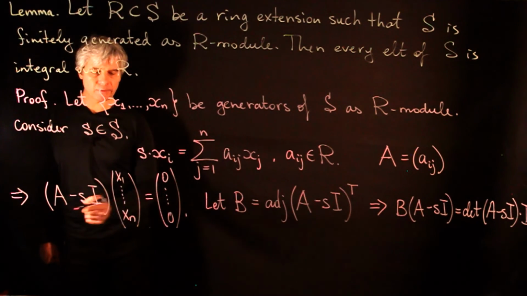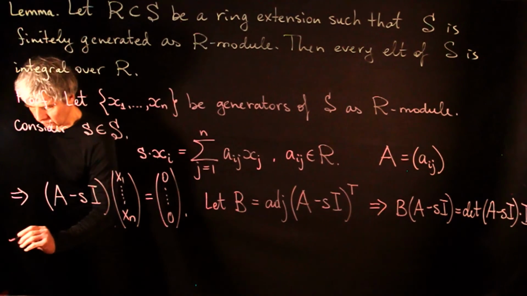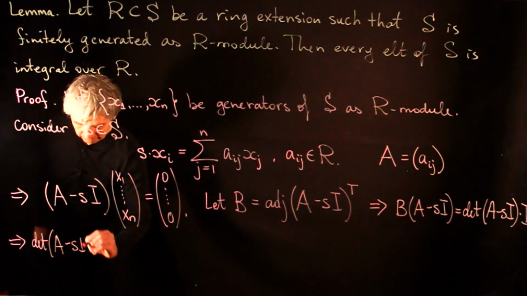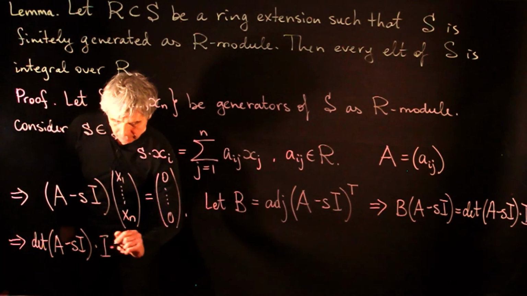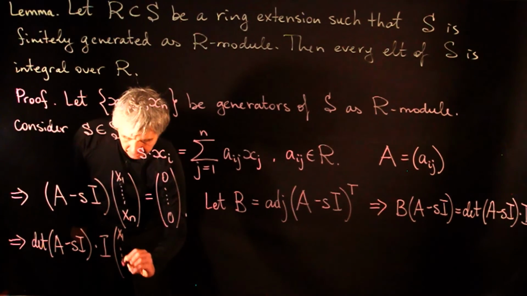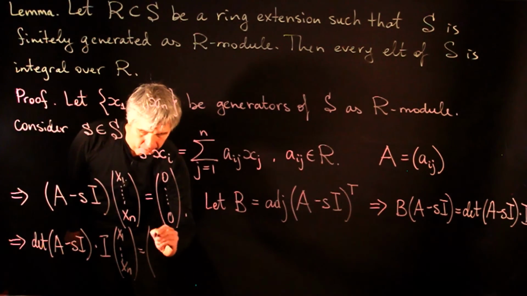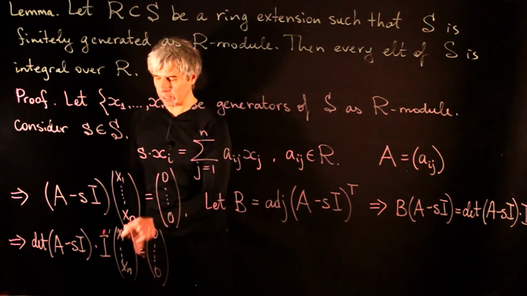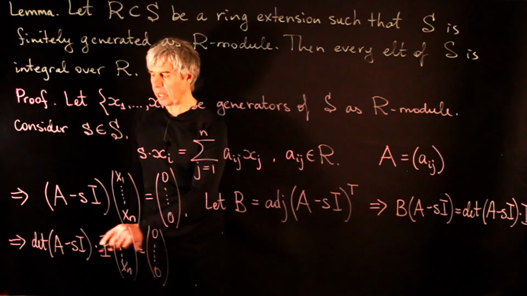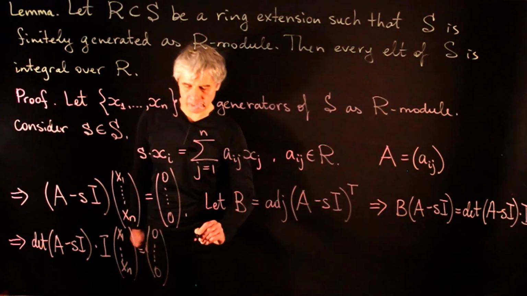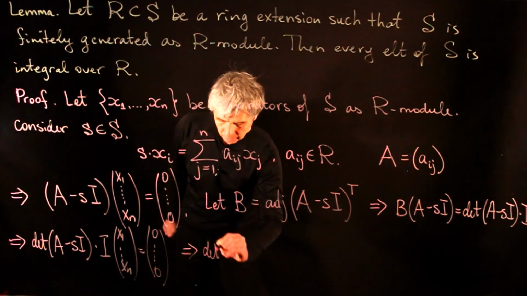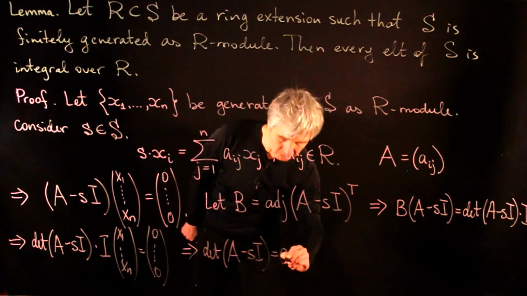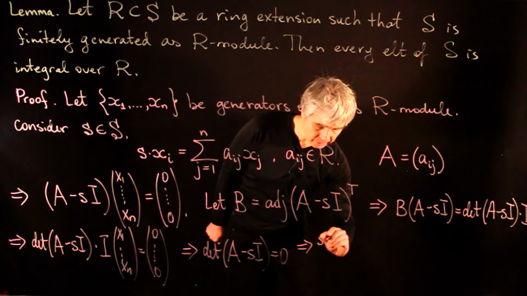If we multiply this vector equality by matrix B, we get that the determinant of (A minus sI) times the identity matrix applied to x1 through xn is a zero vector. In particular, the operator on the left is a zero operator. And applying this operator to element 1 in the ring S, we get that the determinant of (A minus sI) is equal to 0, which means that s is a root